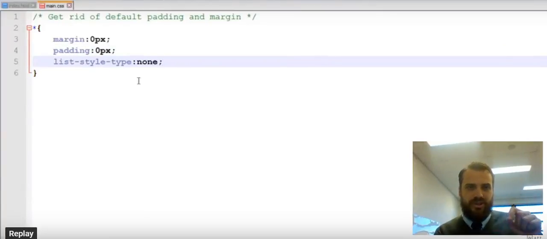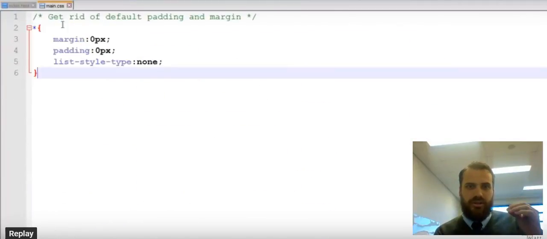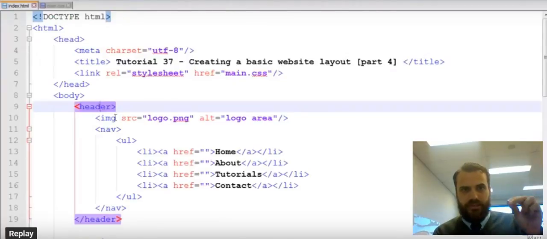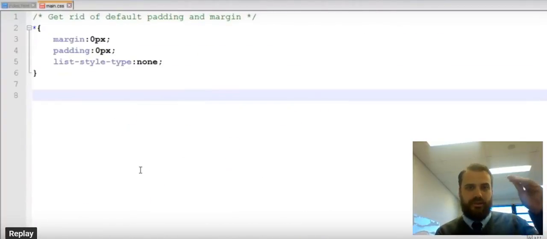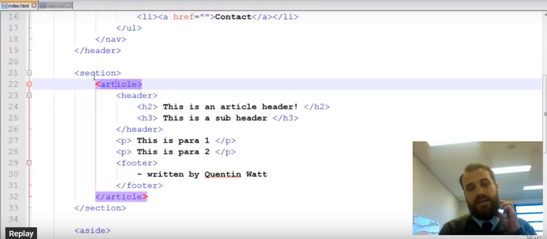Now, also list style, we don't want any dot points. So we've just gone list-style-type: none. That gets rid of all of our dot points. So now our lists will just look like this thing, then this thing, then this thing, then this thing. No dot points. Okay, next thing we want to do